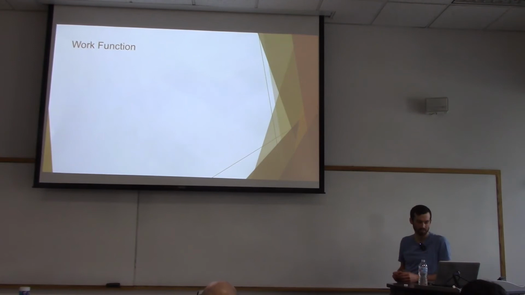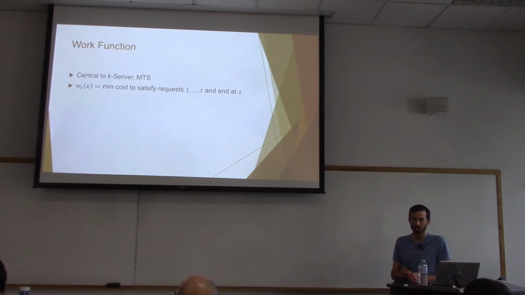Where we're going to look for this is this thing called the work function. This has been studied a lot before. It's used in the current best algorithm for the K-server problem, and it's also been used in algorithms for the MTS problem, so it's gotten a lot of traffic in this area before. The definition is that for each fixed t, the work function for a point x is how much it costs to satisfy the first t requests and then get to my point x. Right, so there's a different work function at each point in time,